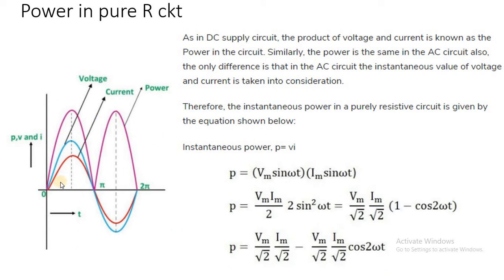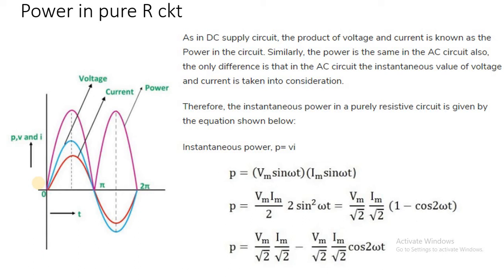Now if I take the voltage waveform or the current waveform in this figure, they both require the period 0 to 2 pi to complete a full cycle. How much is the total time period T for the voltage and current waveforms? 2 pi, that is, 0 to 2 pi. But the second term is a double frequency component, so it will complete its full cycle in the period of only 0 to pi or pi to 2 pi. You can say 0 to pi also, you can say pi to 2 pi also, because from 0 to pi it has the first cycle and from pi to 2 pi it has the second cycle.